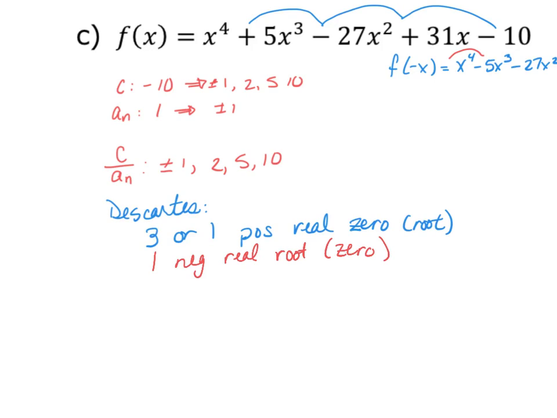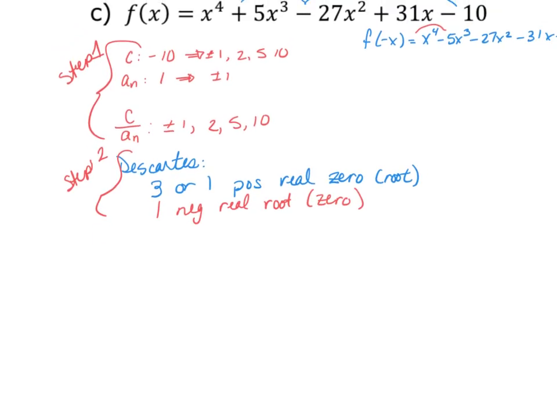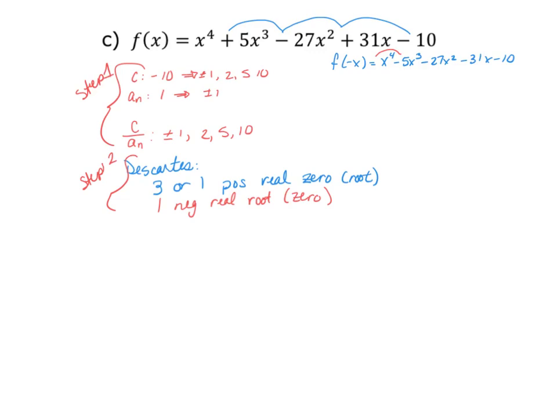Now I start with the easiest. So after I've done Descartes, the first thing I do is this. So this is my first step. Here's step 1. Step 2 is I use Descartes. The reason I do that is just so I know that I'm guaranteed or not guaranteed any zeros. So the next thing I'm going to do, step 3,